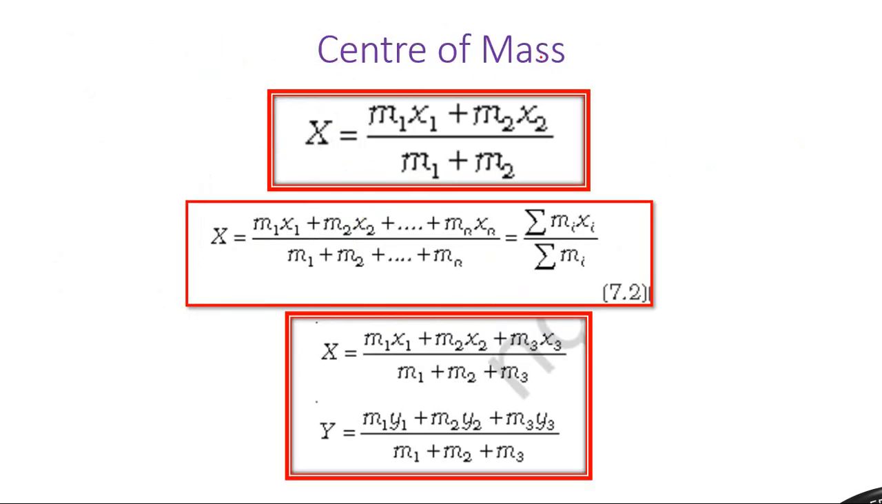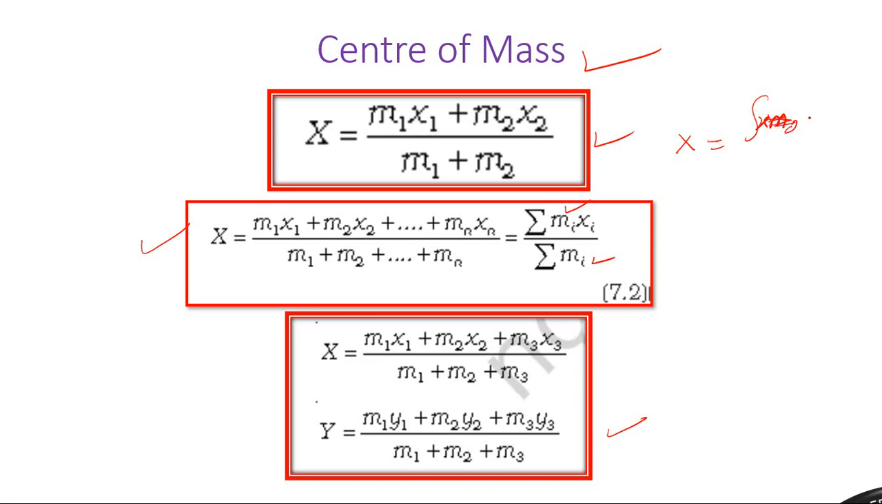Now we will solve some problems on the concept of center of mass. The x coordinate of the center of mass, we already learned, is m1 x1 plus m2 x2 divided by m1 plus m2, or sigma mi xi divided by total mass, and similarly the y coordinate. The x center of mass can also be integral x dm